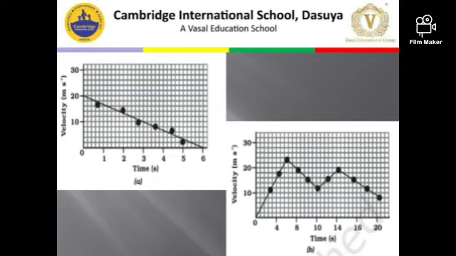For example, in part A, you can see the velocity time graph that represents motion whose velocity is decreasing with time, and the intervals are not the same. See, the line is drawn, but it's not meeting all the points. So it forms a kind of zigzag if you actually join all the points. So it is not a straight one, so it is non-uniform. Second, in the B graph, you can see the variation of the velocity with respect to time, and it is non-uniform.